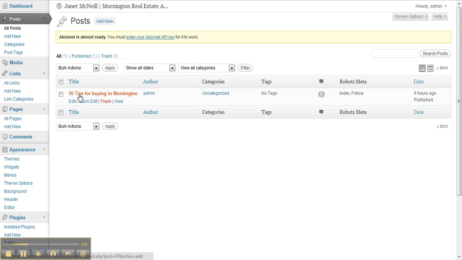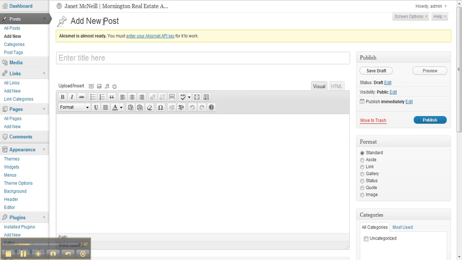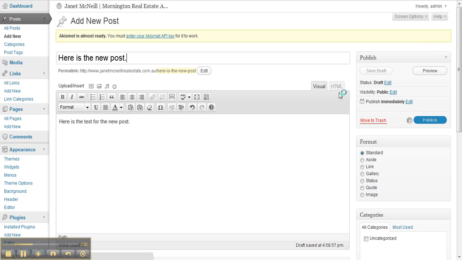but all we need to do for this site is come into posts. We can see all posts, and to add a new post to the blog, which is the home page of this site, we just simply click add new post, and here is the new post, and here is the text for the new post. Now, to make it really simple, I'm going to show you that that's it, we're done. A title, some text,